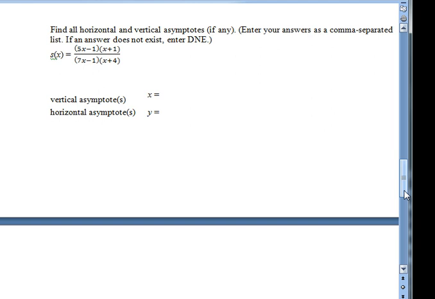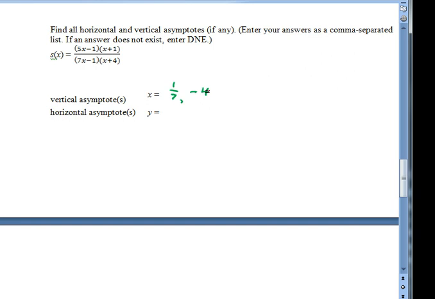So as far as vertical asymptotes, we can see the zeros in the denominator are 1/7 and -4. So x equals 1/7 and x equals -4 are the equations of the vertical lines, which are the vertical asymptotes